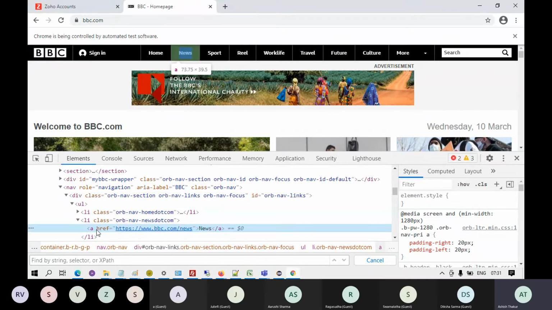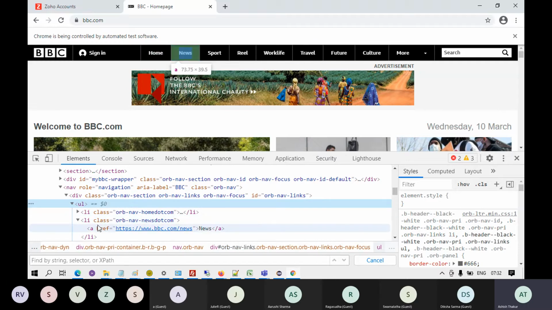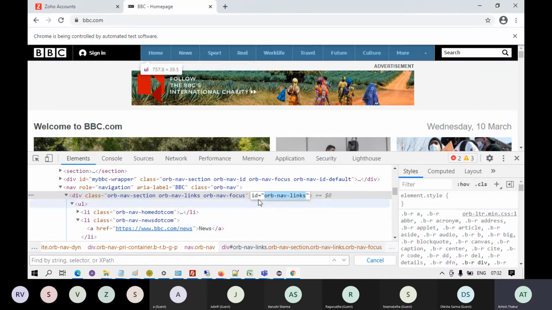So it's unable to detect the link; you cannot detect it without an ID. So it jumps one tag above, inside the li tag. This li tag has also not got any ID. So it jumps one tag above, in the ul tag. This ul tag has also not got any ID. So it jumps one tag above, in this div tag, which finally has an ID.